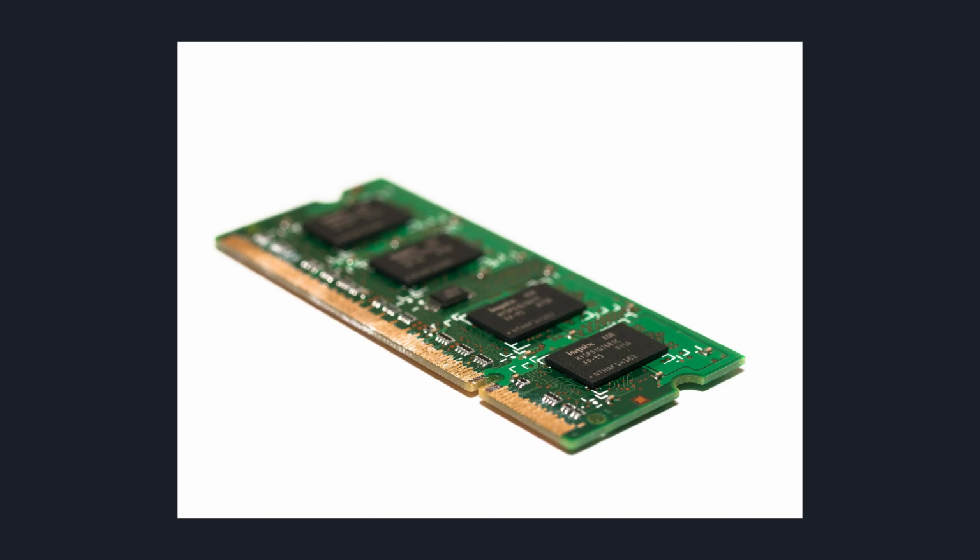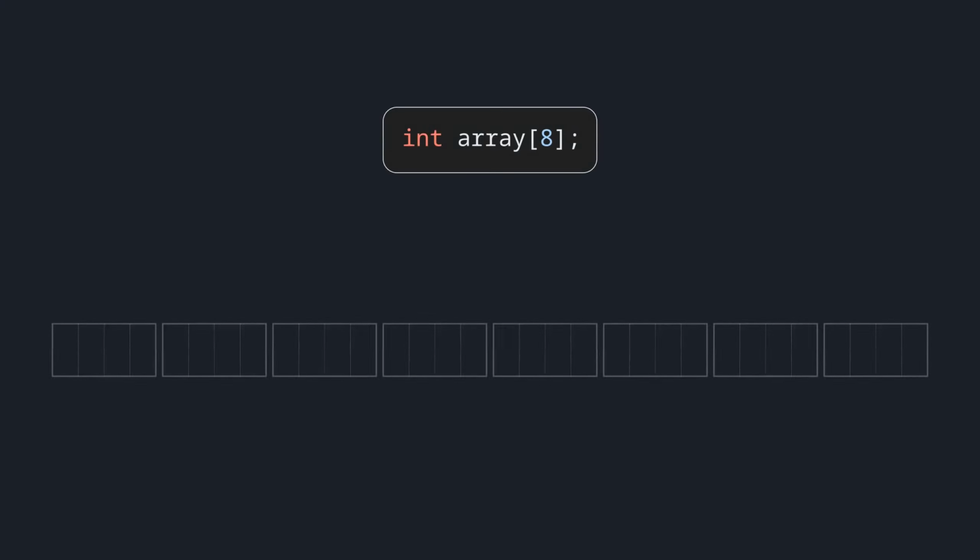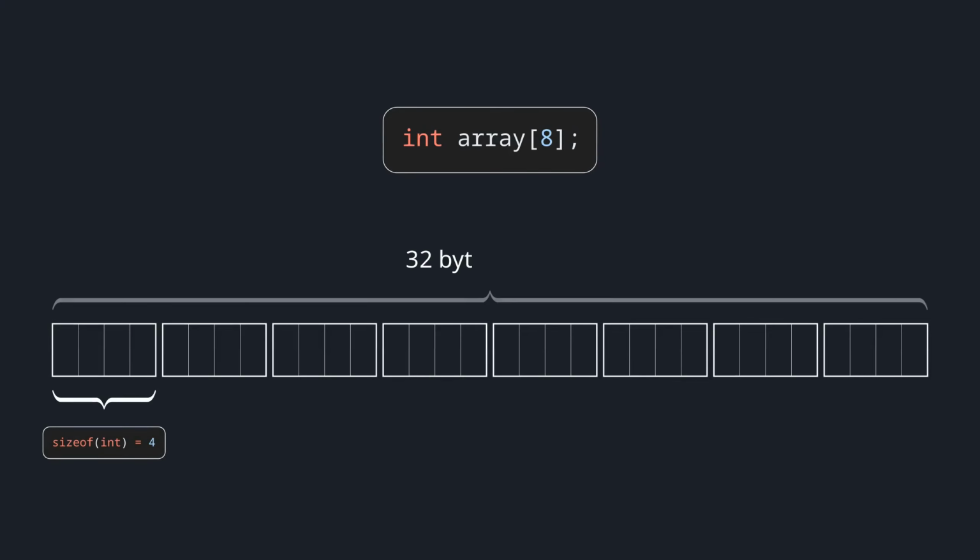However, the real reason is actually in how arrays are stored in memory, and how this memory is addressed by your computer. The array data structure is defined as a fixed-sized collection of elements which are stored in a single continuous block of memory. This is different from other, more complex data structures such as a linked list, where individual elements are stored in completely separate places in memory. For example, an array of 8 elements, each 4 bytes in size, would be stored as a single 32-byte long